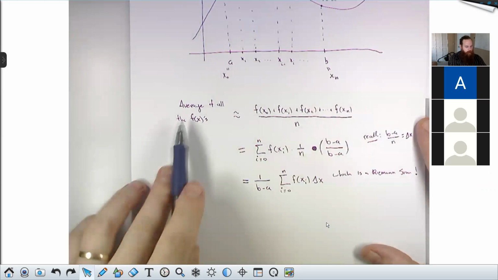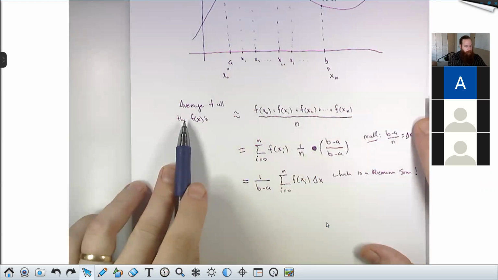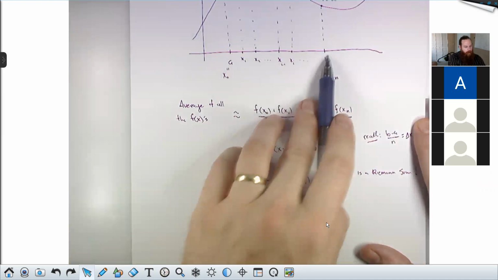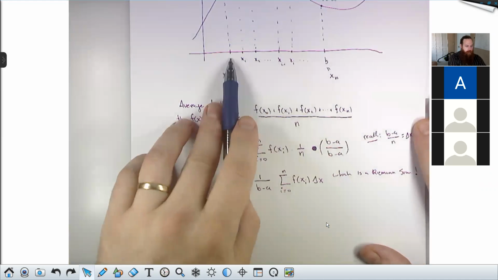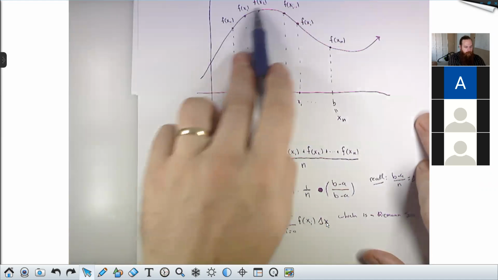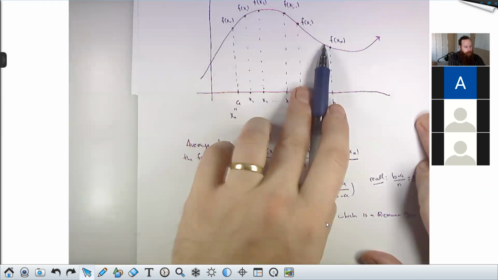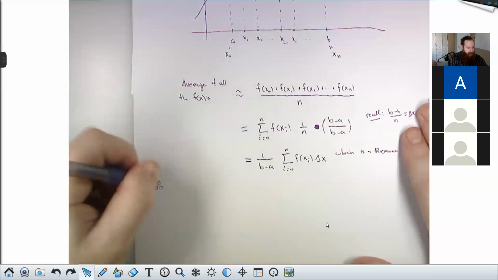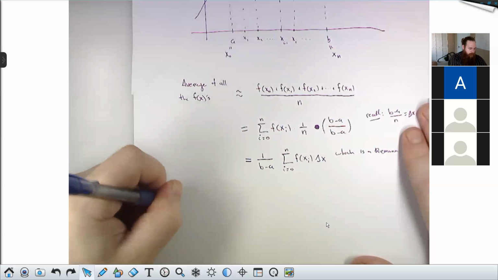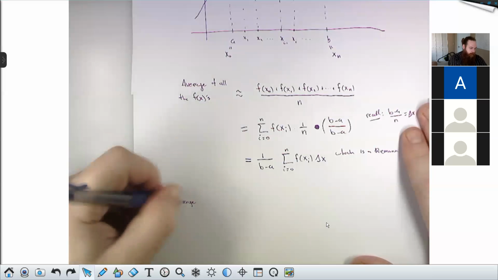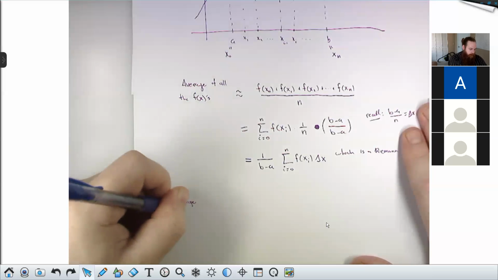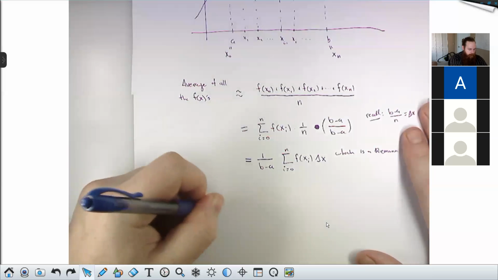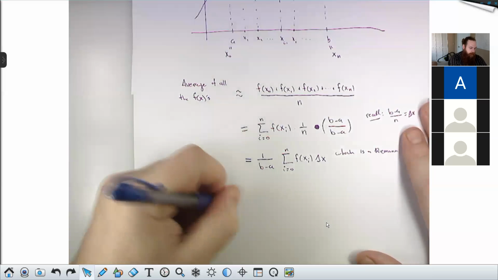So while the average value of all the f of x's is approximately this, as I send n to infinity, I'll actually have infinitely many x's in here, which means I'll get all the infinitely many y values up here. That's actually what I want. So therefore, the actual average value, for which the notation is f av,